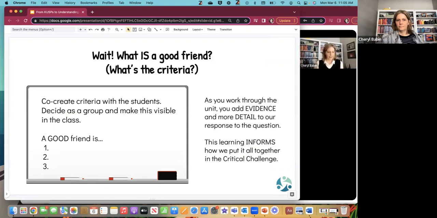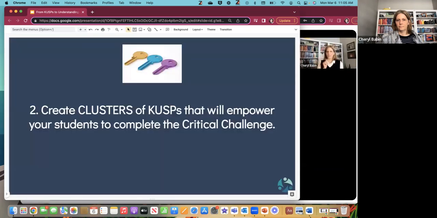I'd like to move now into creating clusters of cusps that will empower your students to complete the critical challenge. Before I jump into that, I want to thank our contributors to the chat. Grade 1 building, incorporating social studies and math. Excellent. How might we design the space around the Airdrie Water Tower? This was a current local topic, and you met with a counselor to present it. Fabulous. That's an absolutely stunning example. I hope that went really well, and I can imagine how many learning outcomes you were able to incorporate into that engaging task. Thank you for sharing.